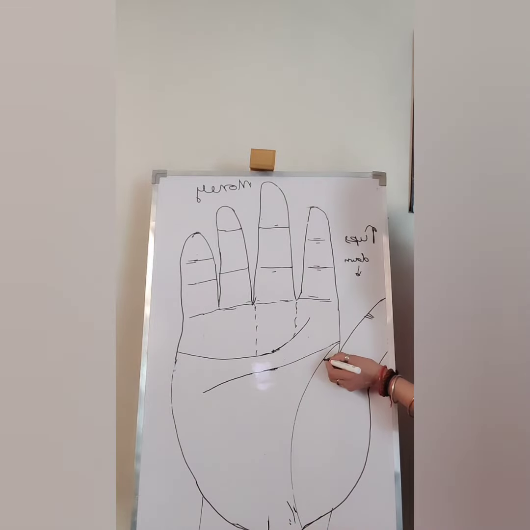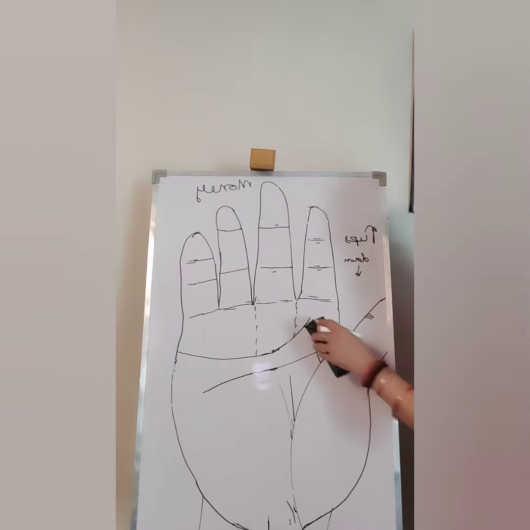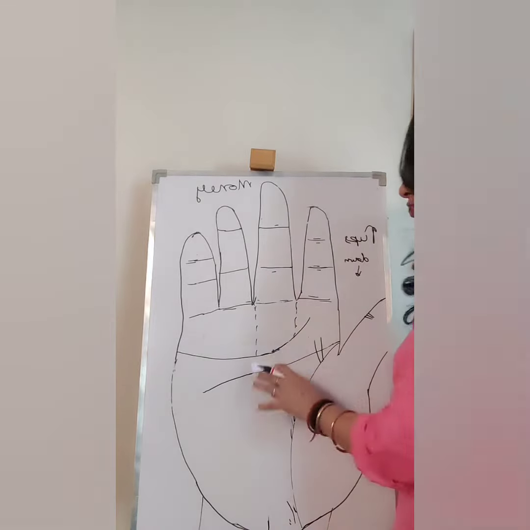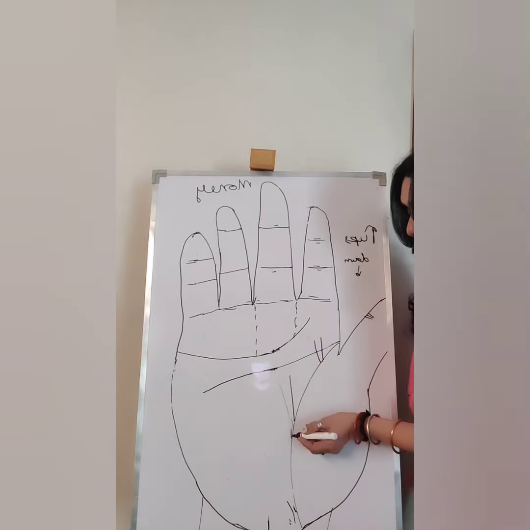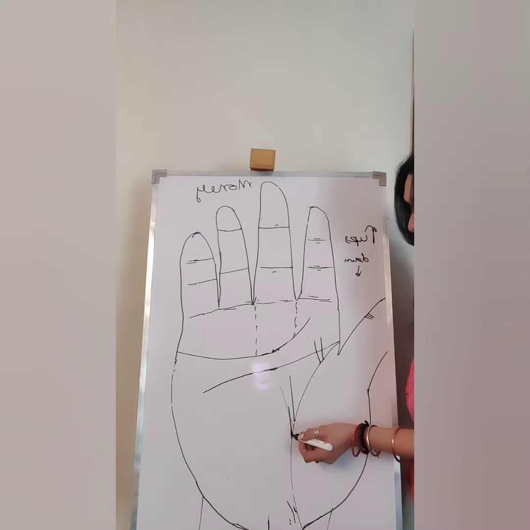If you have two lines coming from here, and in this proportion, think of it like this area. Two lines come from here, or at a distance, say like small lines. They don't need to be very long also. Sometimes this much is also enough. If you have two lines coming here and two lines from here, as per the ancient books, it is like a yoga for immense wealth.